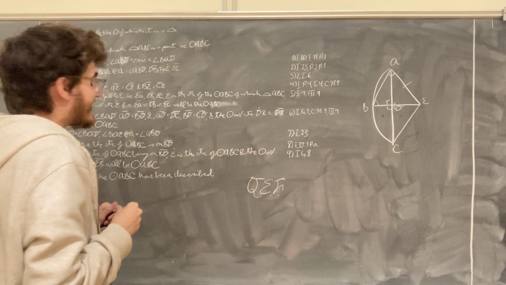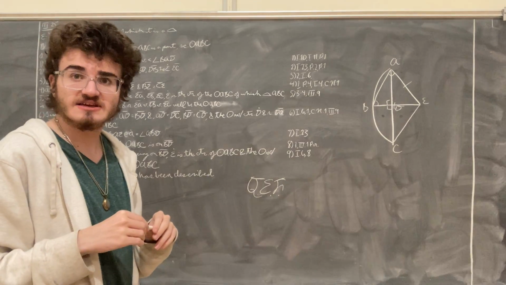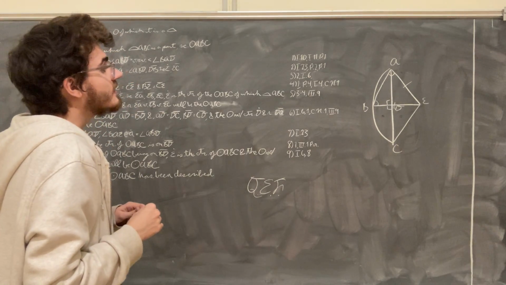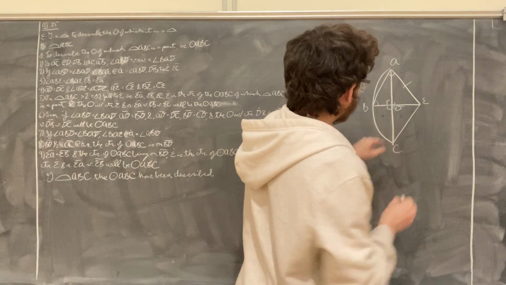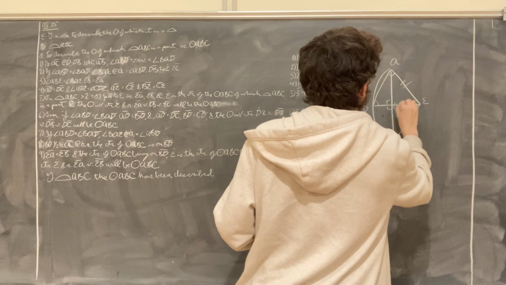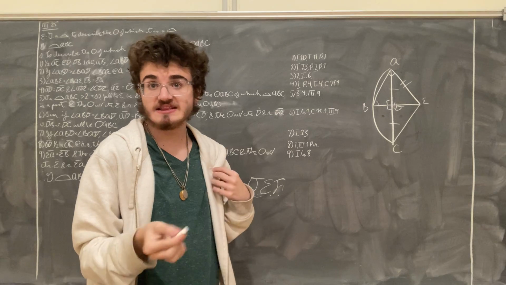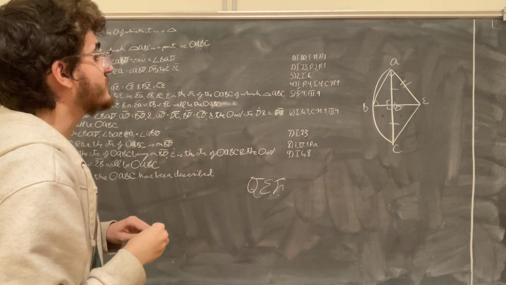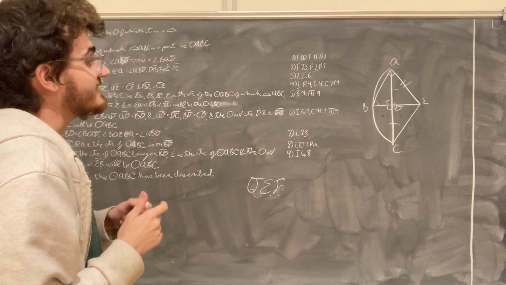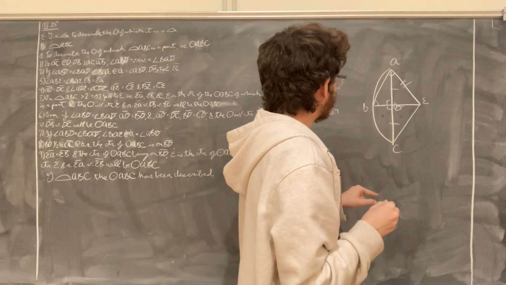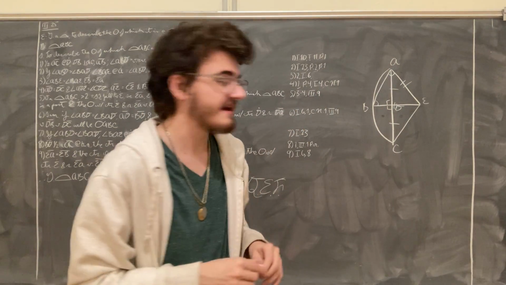Now, when looking at the triangles ADE and CDE, we have two sides equal to two sides and an angle equal to an angle. In this case, we have that AD here is equal to DC like that because we bisected the straight line AC at the point D. We did that in the first step. So AD must be equal to DC. And the angle ADE must be equal to the angle CDE